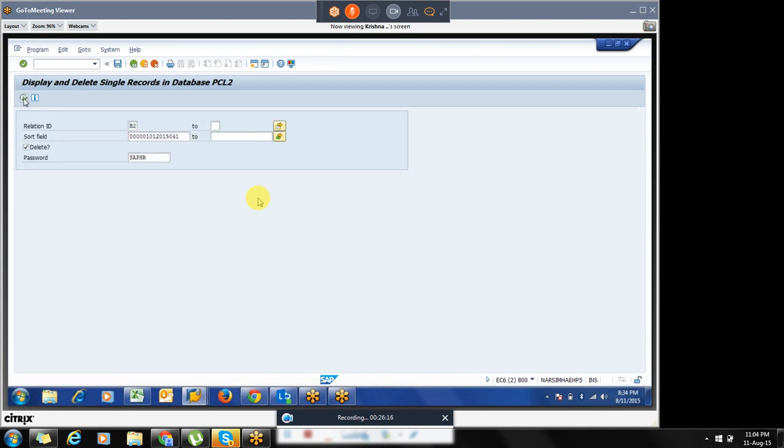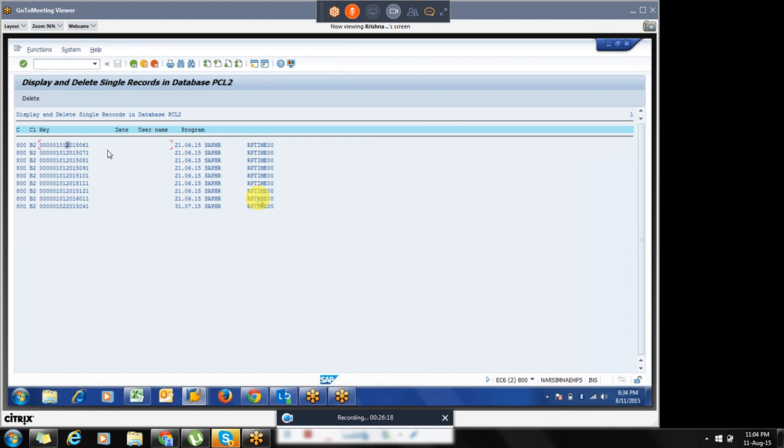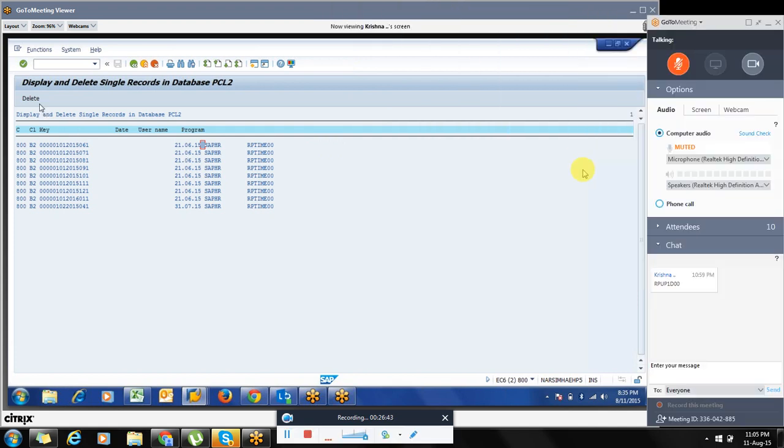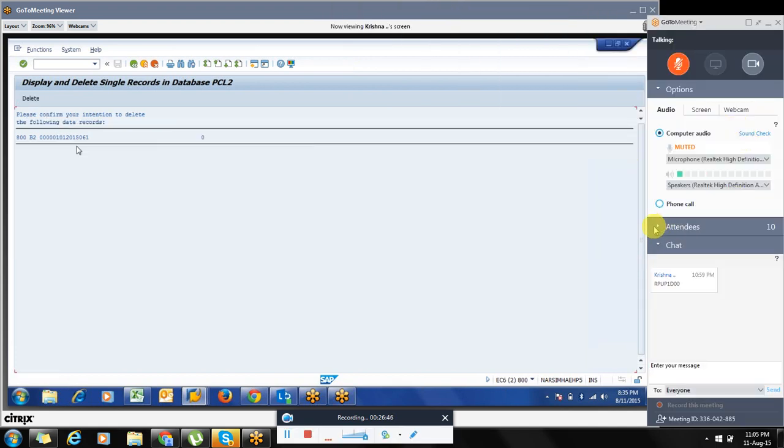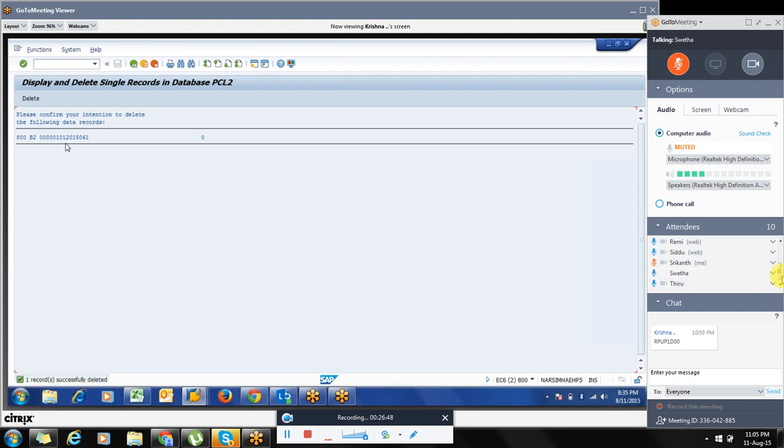See, now whatever you're deleting is from RP time 00, and that was formed by me only. Does it delete the time types also, whatever has been generated? Yes, of course. We are going to do that also. Because time types anyhow we are going to generate again when you run the time evaluation, it will regenerate. So only the quota generated will not get deleted. Rest all will get refreshed.